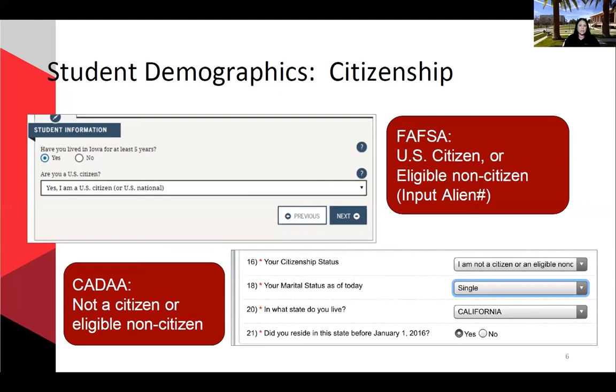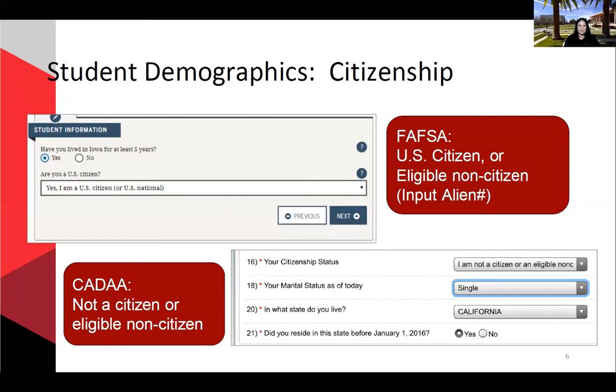You want to make sure that you're answering yes if you're a US citizen or a permanent resident, such as an eligible non-citizen for FAFSA purposes. Now, if you are not a US citizen or an eligible non-citizen, you want to make sure that you're submitting a CADAA application. What happens if at this moment, today in November, you are a non-eligible citizen, but perhaps have